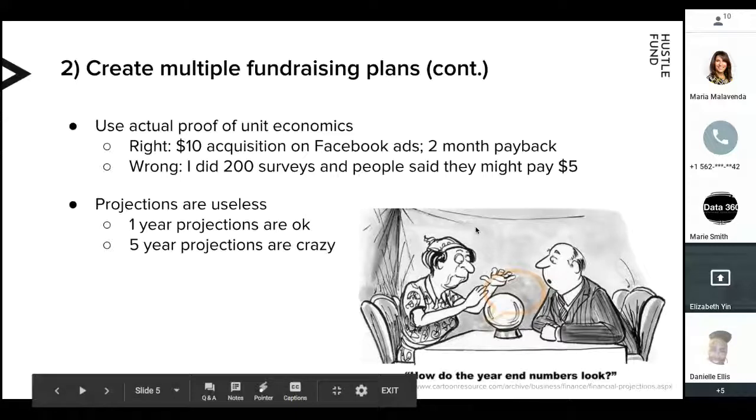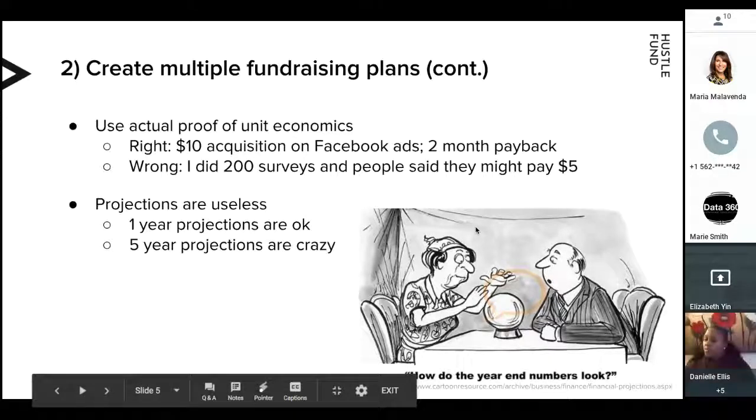Maybe you've cold emailed a bunch of people. Maybe you've taken out a small ad campaign with the free ad budget that Google and Facebook give you. Maybe you've tried some sort of partnership with another company. Maybe you've tried a number of these things. I think the more that you test, the better, even if it's at a small scale. And then really track how much that cost, certainly for the ads,